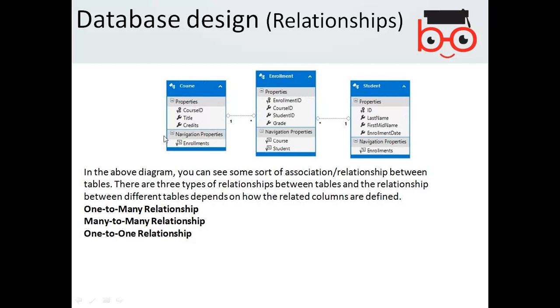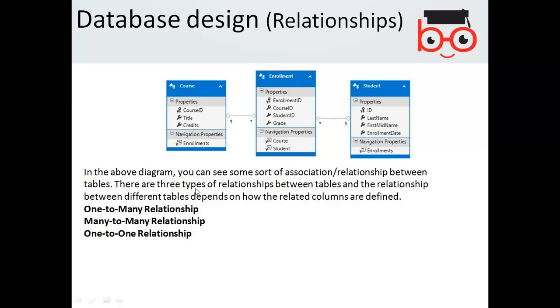Now look at this. There is a course table, enrollment table, and student table. In this diagram, you can see some sort of associations, relationships between tables. Like one course can be enrolled by many students, and on the right side, one student can enroll in many.